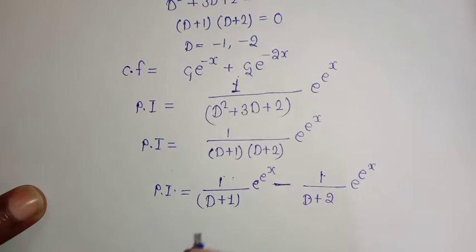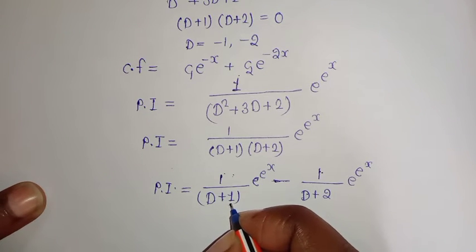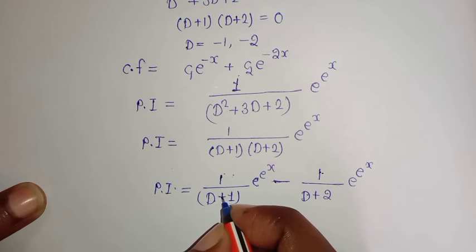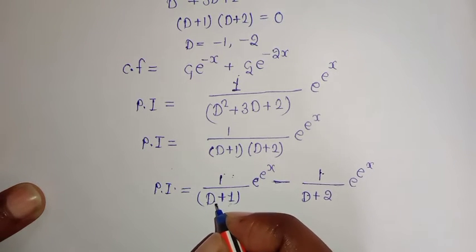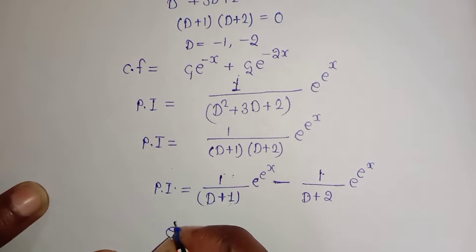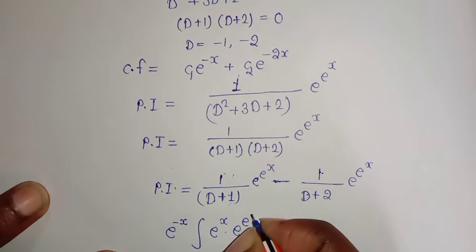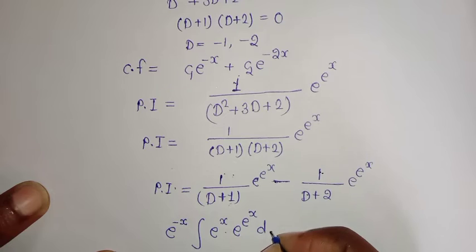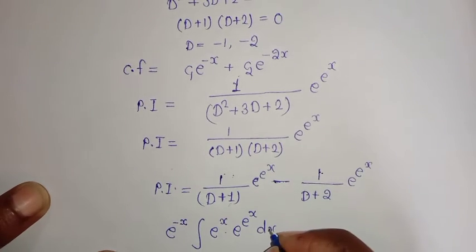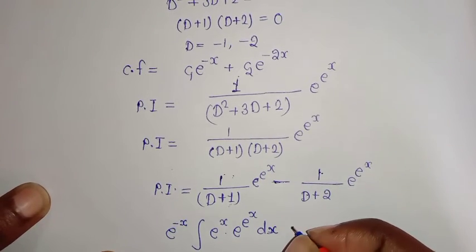At the place of alpha, here 1 is present, and since this is with plus sign, we have to take the negative term outside. So e raised to power minus alpha x, that is 1 into x, and integration e raised to power x into e raised to power x. I am doing nothing, I am just applying the formula that I told you at the start of the video. So you can do it also.